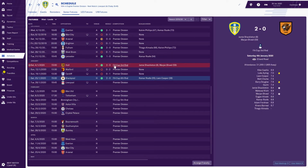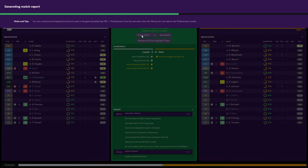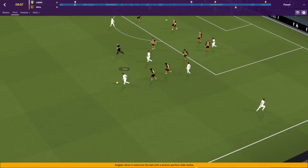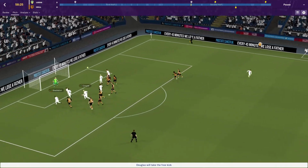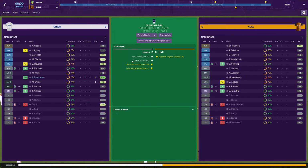Then we played Hull, which was our FA Cup third round match. We actually managed to win this one 2-0. Shackleton with an early goal, and Chaved who got a goal almost midway through the second half. So it came out here to Gucci. He passed it into Shackleton, and just look at that finish. Really lovely finish into the bottom corner. Douglas whips in a free kick, and it gets fumbled in by Chaved, but 2-0 win, we thoroughly deserved to